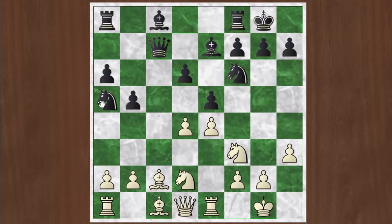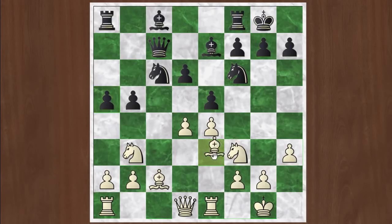And the line continues. I just want to show you how the line continues because it's kind of interesting. The knight goes to c6, and now there really is a threat to take this d-pawn. And you might think this knight would just continue to f1 and do the usual journey, but actually the main line goes like this: knight to b3, and I don't understand all the ins and outs of why this is preferable. But anyway, this solidly defends the pawn, but black says, okay, I'm going to chase that knight away with a5. Then the bishop hops out,